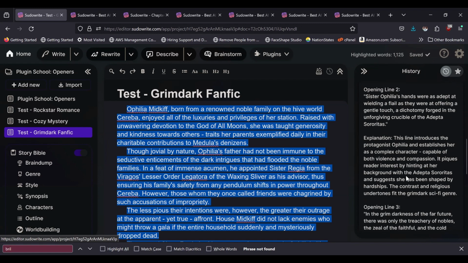Opening line 2: Sister Ophelia's hands were as adept at wielding a flail as they were at offering a gentle touch, a dichotomy forged in the unforgiving crucible of the Adepta Sororitas. Okay, so this did not... I somehow missed where it says Adepta Sororitas, because I changed that to something else. So it's not a licensed term from